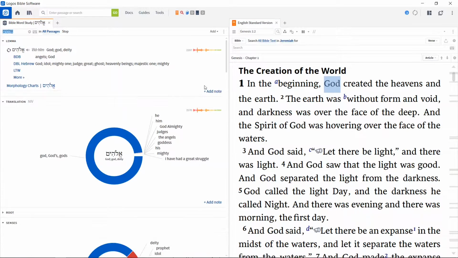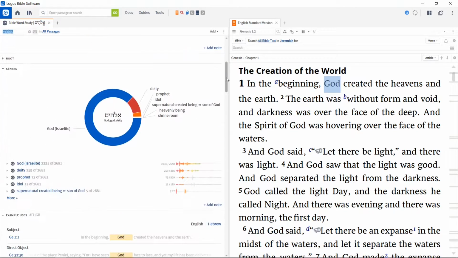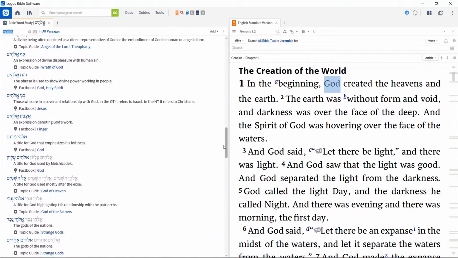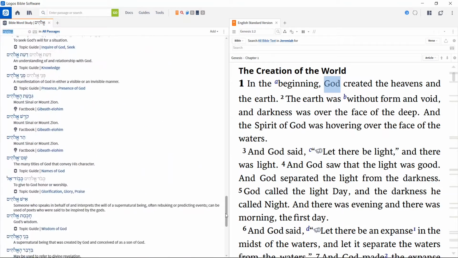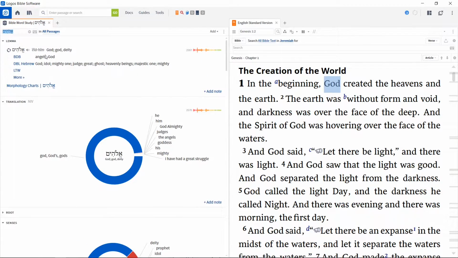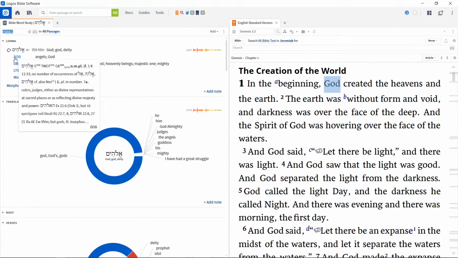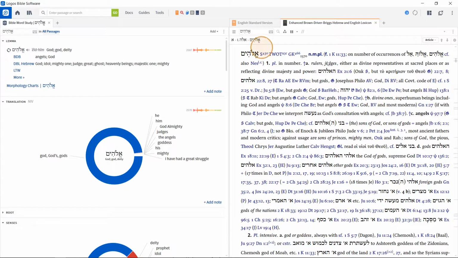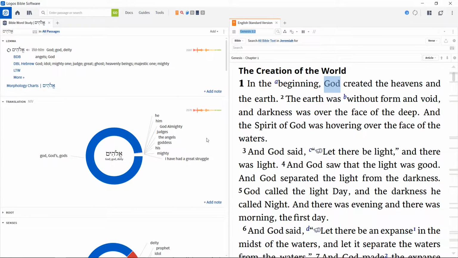It will analyze our word and display a number of data points. There is perhaps more than any of us would really need. But right here at the top, we have links to our lexicons, so we can open it and explore the word in our lexicon. We have our frequency analysis here that shows us that the word is used